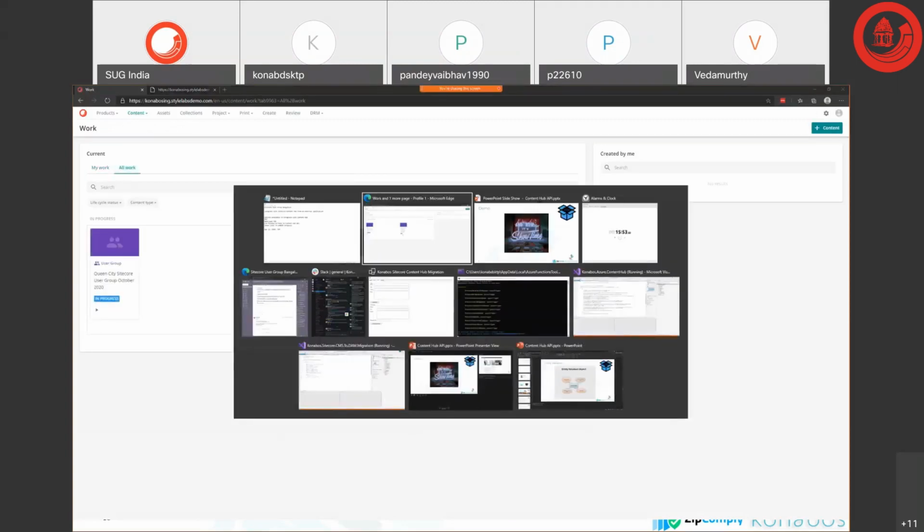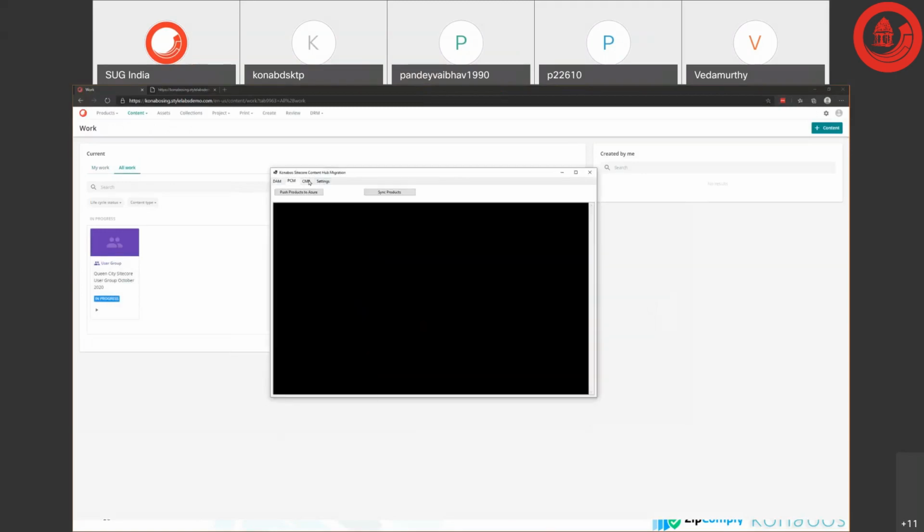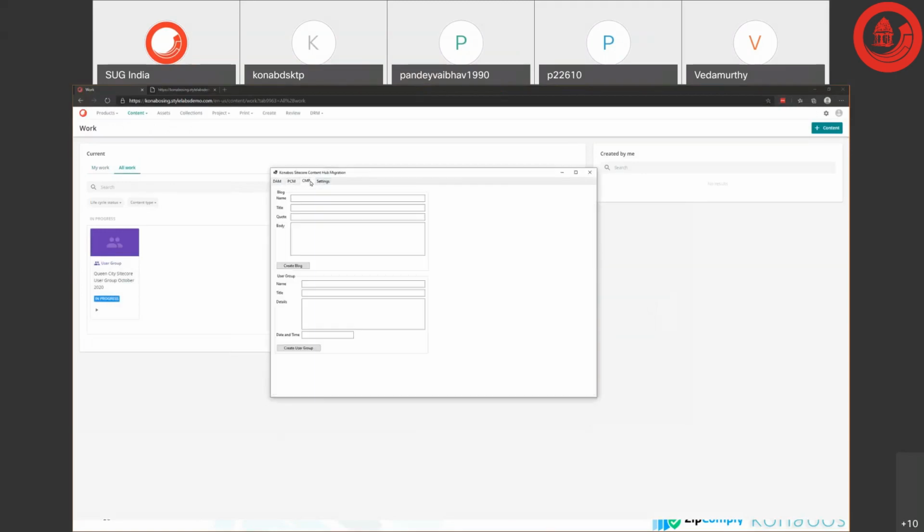So let's go back in here, back over there. What I have is a sample application which I created to test out Content Hub for different APIs, as well as to push sample data as well as existing data from customers. Once you have all your settings, you should be able to push things over. So what I'm going to do right now is create,